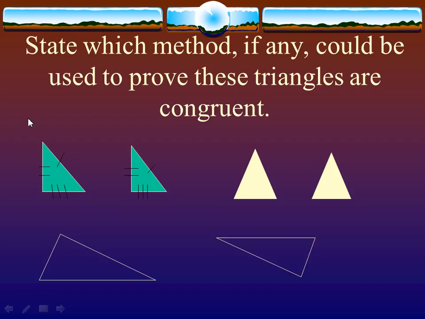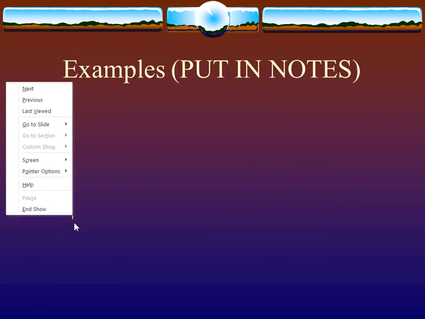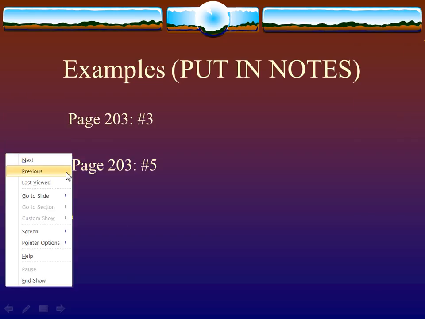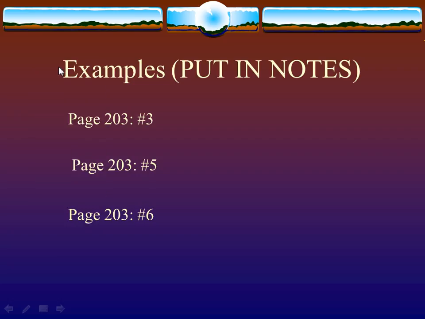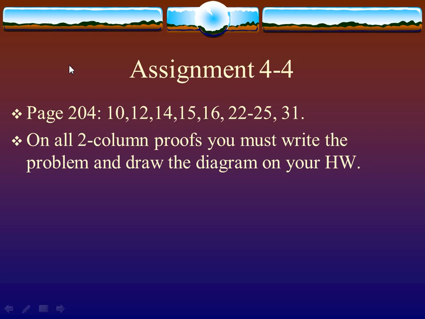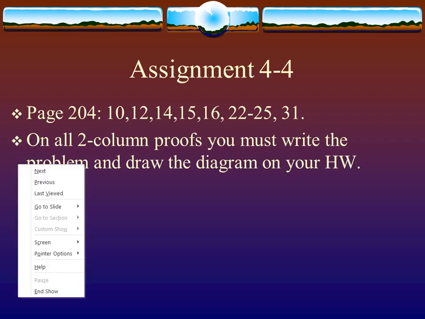How would you prove these two, or what would you say about these two? What of those could you use? Side side side. And we're not going to go through all that. I was going to draw up a bunch of stuff there, but I'm just going to give you the assignment. I don't know why that went way up there. All right, the assignment's on page 204. It's like 10 problems, but quite a few of them, I can't remember how many, are 2-column proofs. Got to try the 2-column proofs. When you're doing the 2-column proofs,